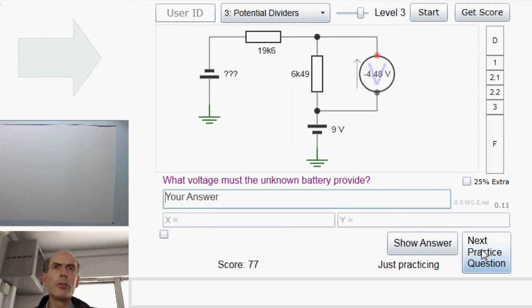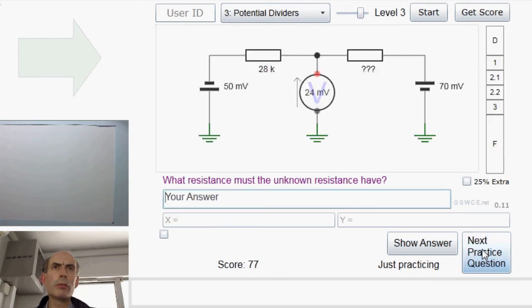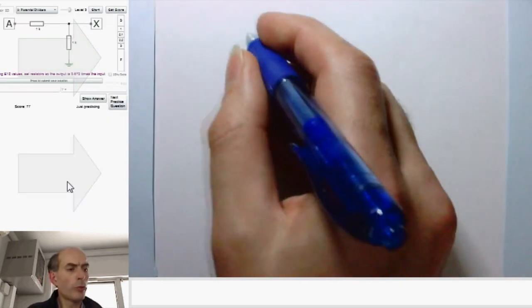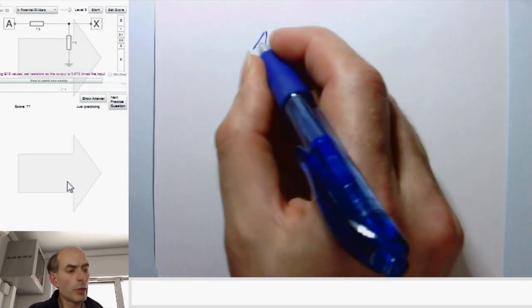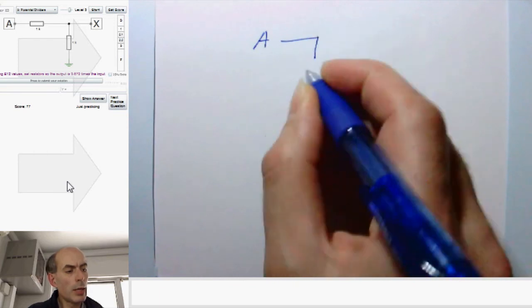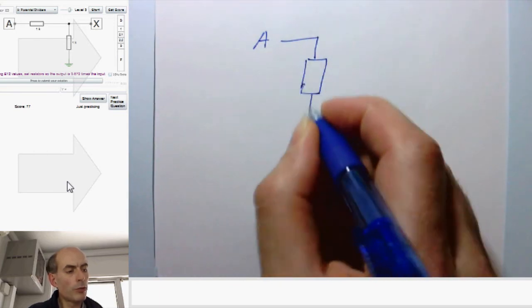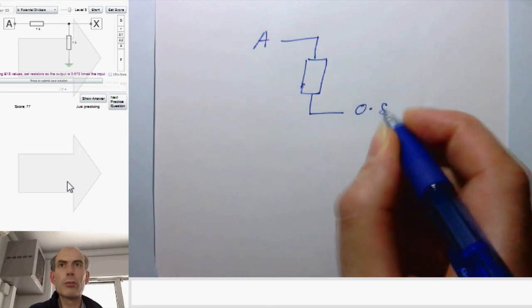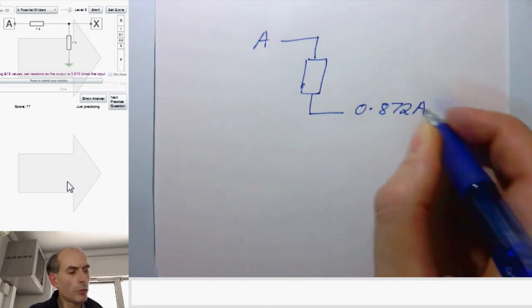See if there are any other different types of ones I could have a quick go at. Oh, right, yes, this is worth doing. Using E12 values, set the resistor so the output is 0.872 times the input. Right. Point to note about potential dividers is that if you have an output which is a given factor of the input, in this case 0.872 times the input,